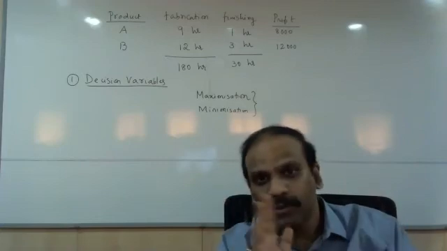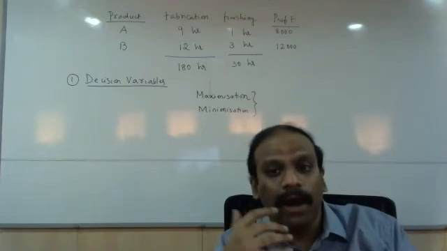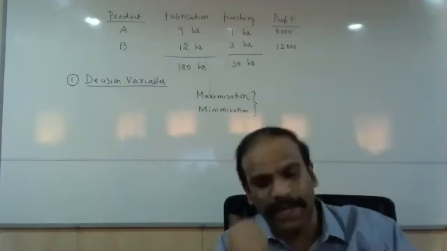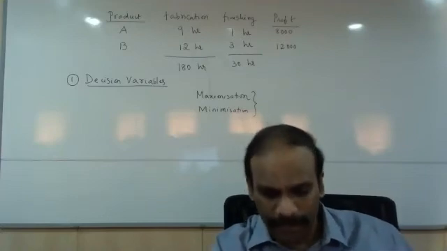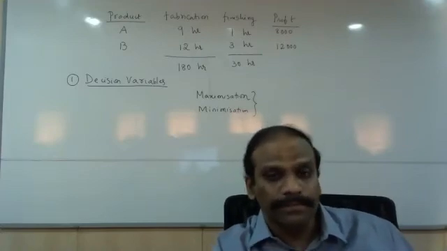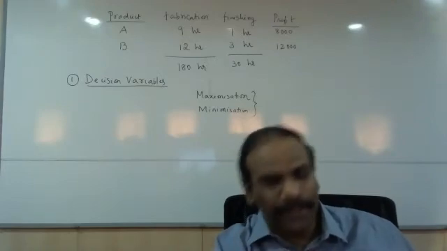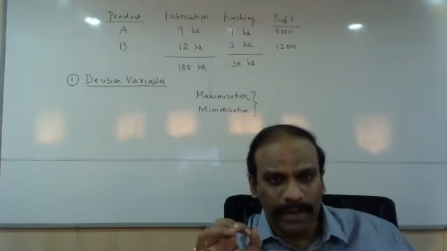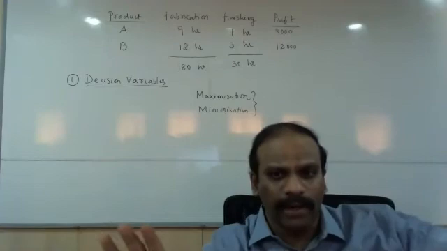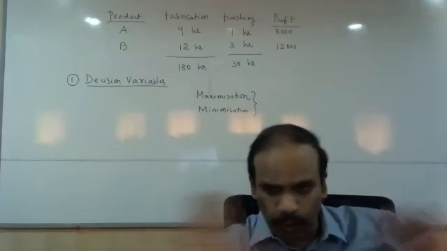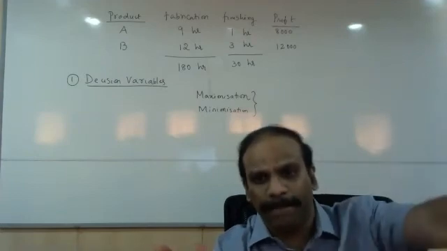Okay. So now my question is, if the company wants to increase profit, how exactly are they going to achieve this? How can this be achieved? Yeah, I think somebody was answering. Please go ahead. Sir, by decreasing the fabrication and finishing time. No, that is exactly what I told you. They have already clearly given the time. It is very clearly said that for producing product A, 9 hours are required. There is no scope for you to reduce that, because the machines are already designed to produce it that way.